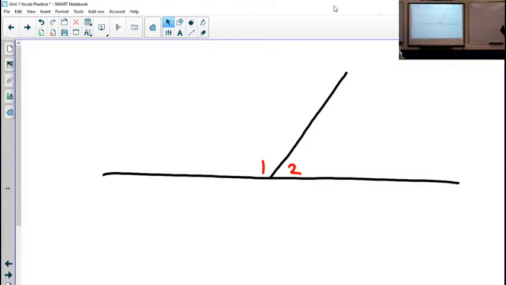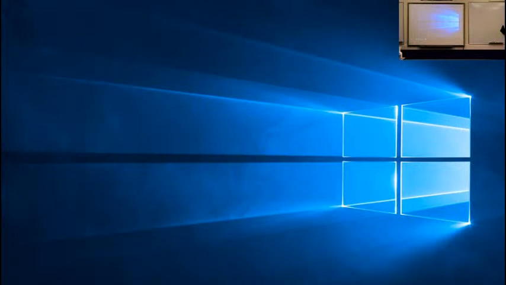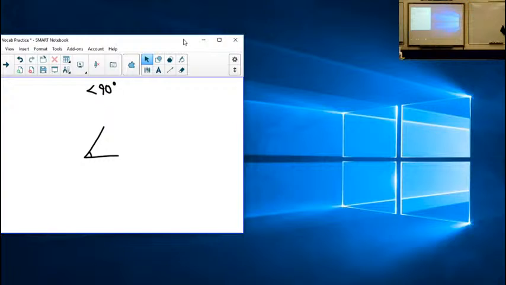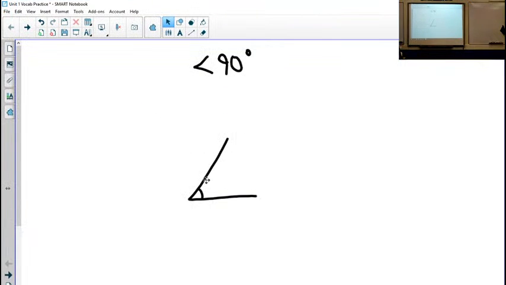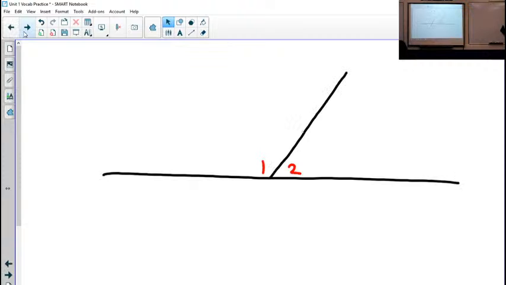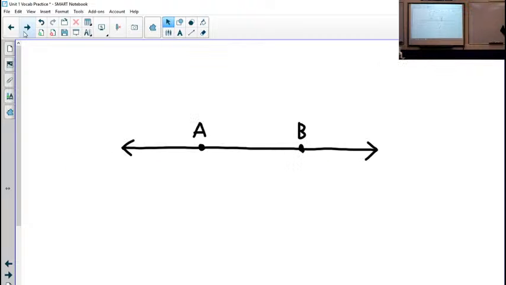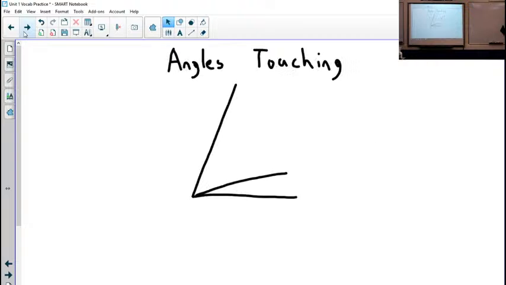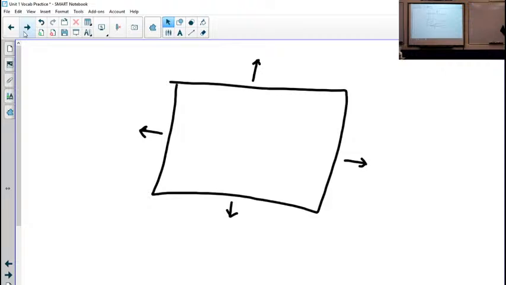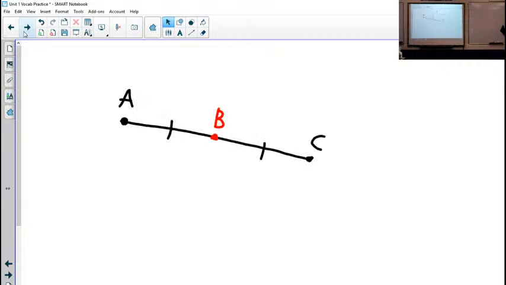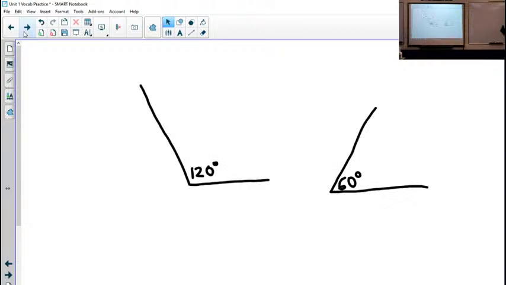All right, time to shuffle. Go again. Acute, little angle. Linear pair, a pair of angles that make a line. Congruent. That's a line. Adjacent, the angles are touching, right next to each other. That's a plane. Midpoint. Supplementary is